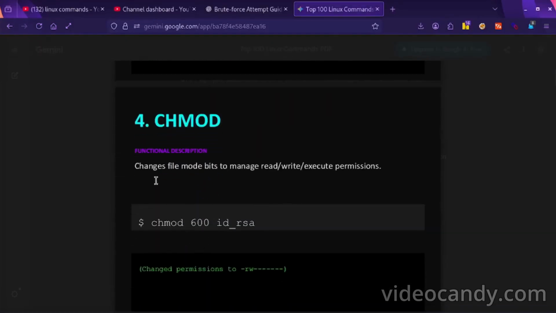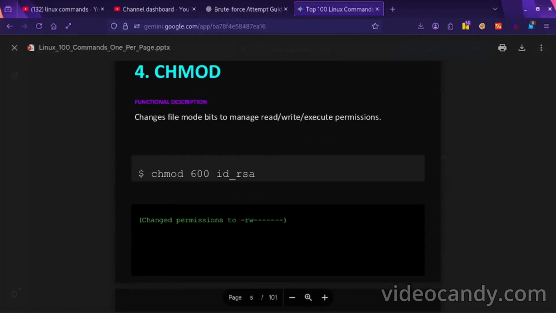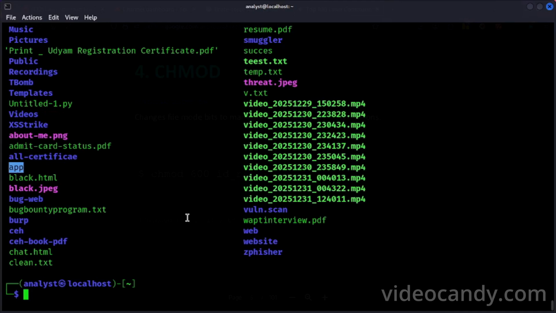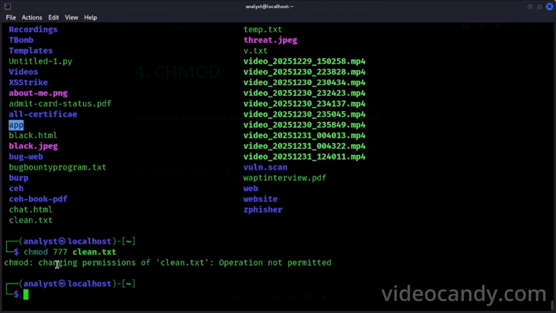And chmod changes file modes, used to manage read, write, execute permission. If I want to give permission to clean.txt, I will give full permission, 777, to clean.txt.